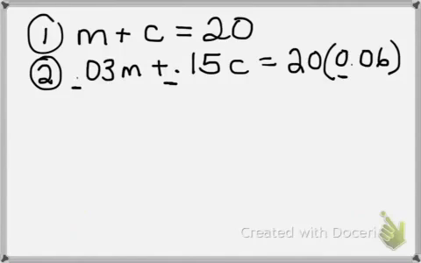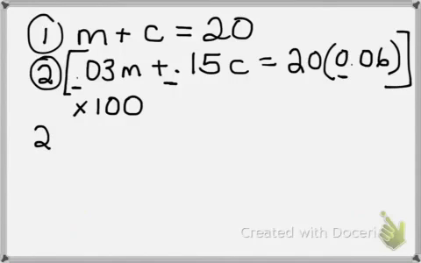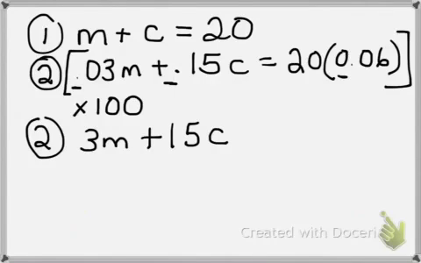I'm just going to multiply this entire equation by 100. Okay, so this entire equation here, number 2, I'm going to multiply by 100. So my new equation 2, what will that read? Right, 3M plus 15C. And what's 20 times